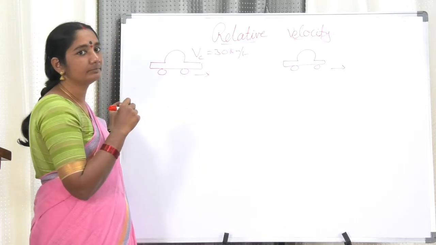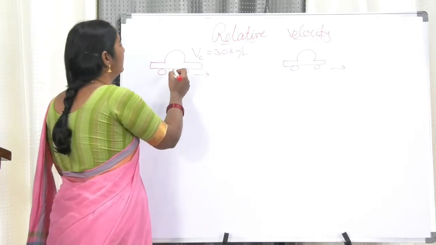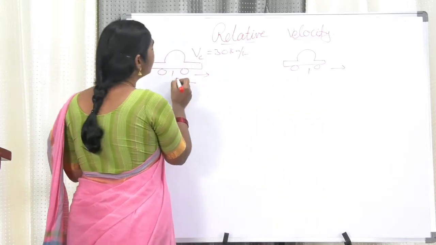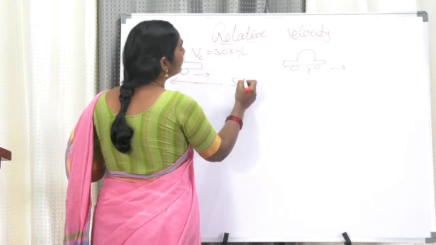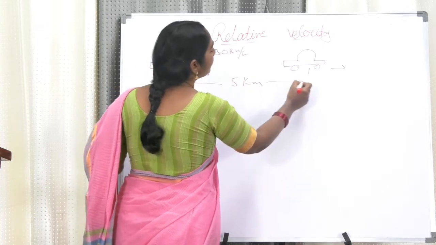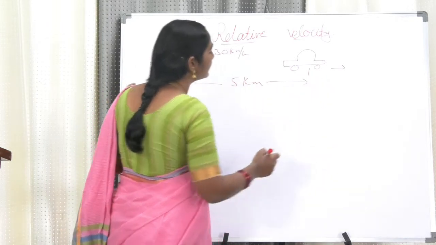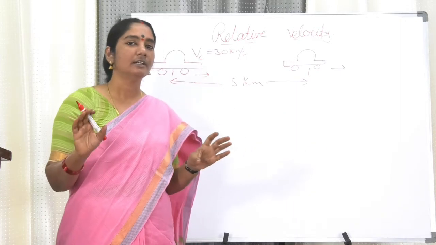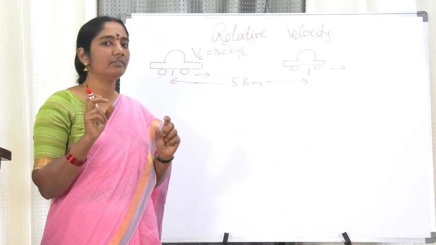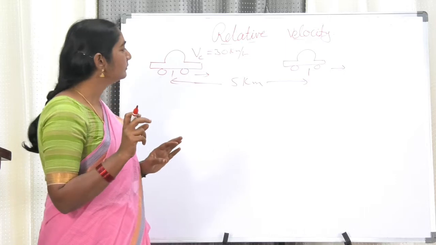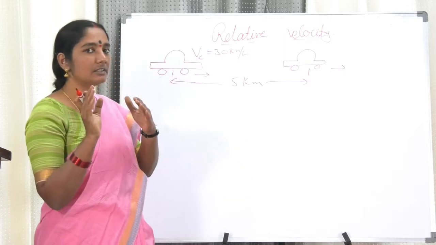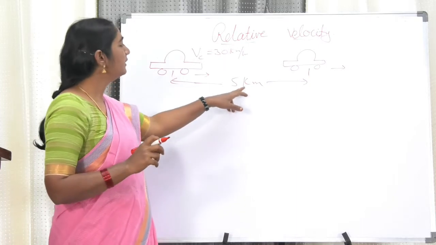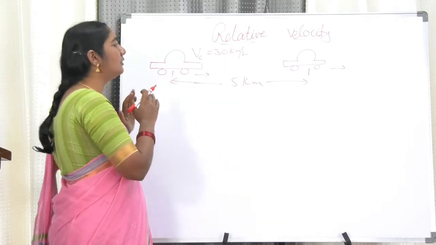They are separated by a distance of 5 kilometers. Means the distance between the two cars is 5 kilometers. Here, my dear friends, I would like to discuss that whenever you find the distance between any two objects, the distance must be measured from center to center, whatever the case, like the distance between the sun and the earth. So here the distance is 5 kilometers between the two cars.